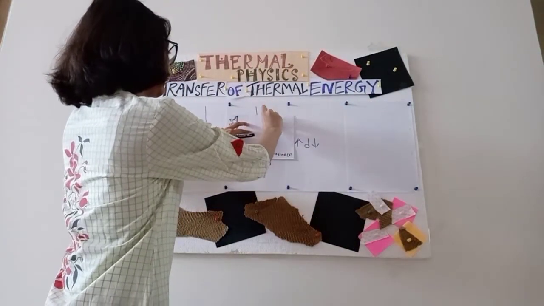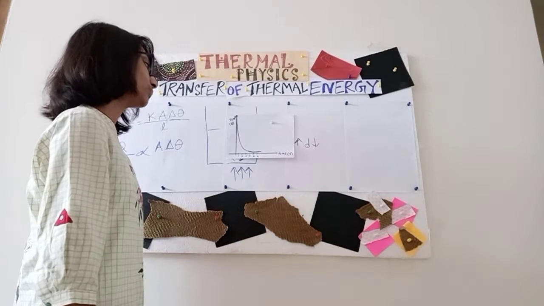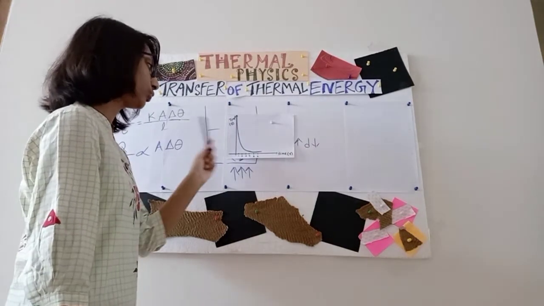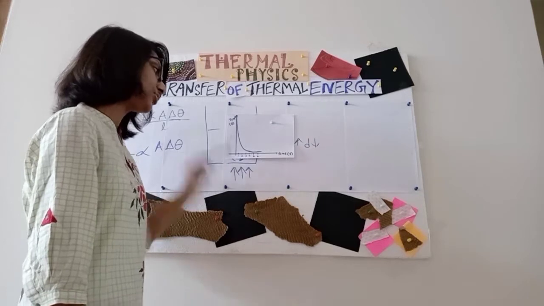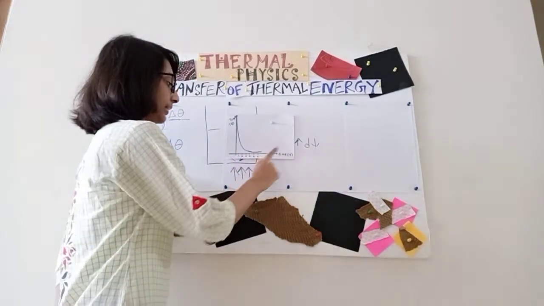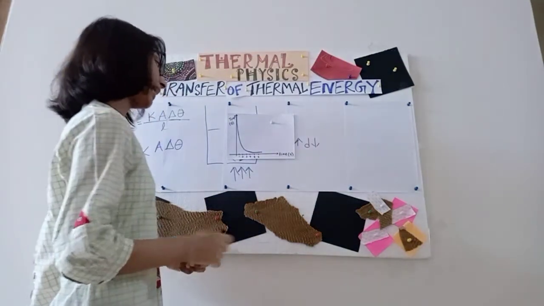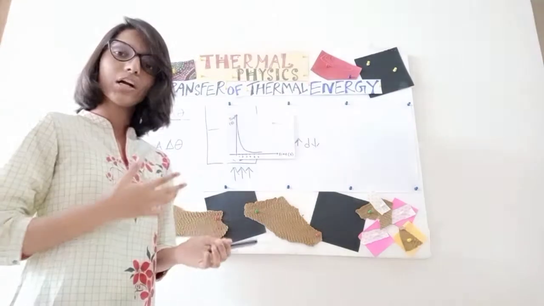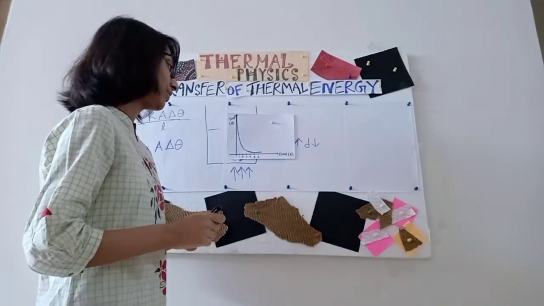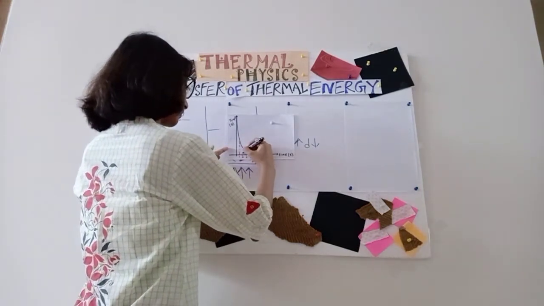I have something for you. Suppose this is the body, and this is temperature and time. You just have to notice something in this graph. Just look at this graph and let's observe something. In time it is given 1, 2, 3, 4, 5, say all these in minutes. Suppose I want to see the rate of heat transfer for 1 minute. So let's do it.